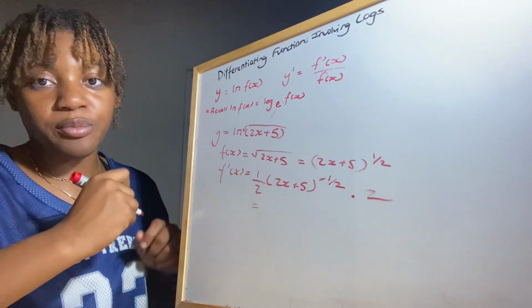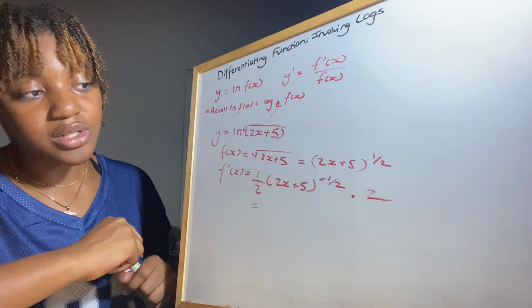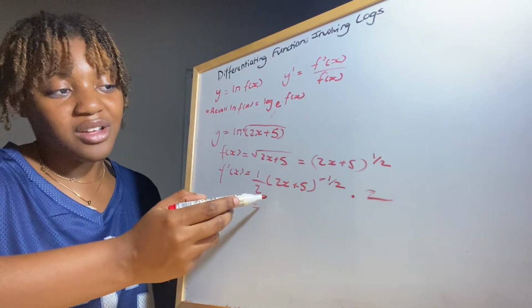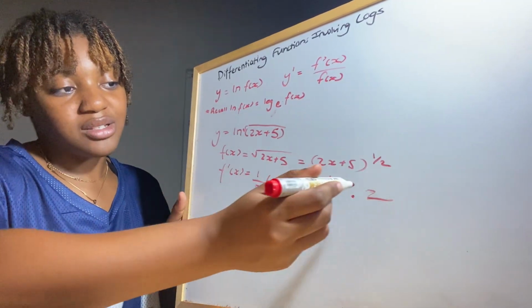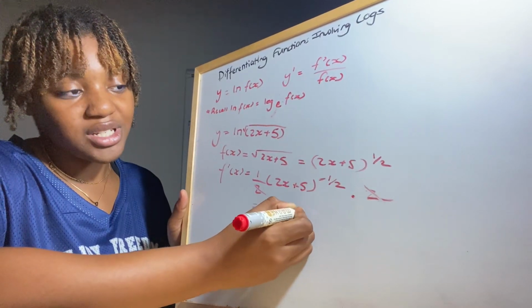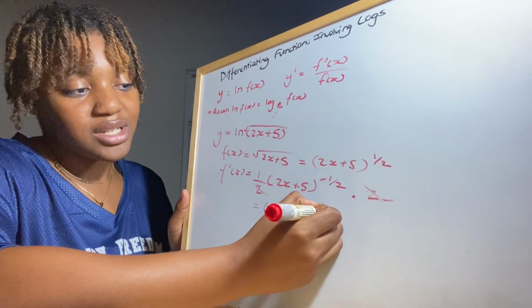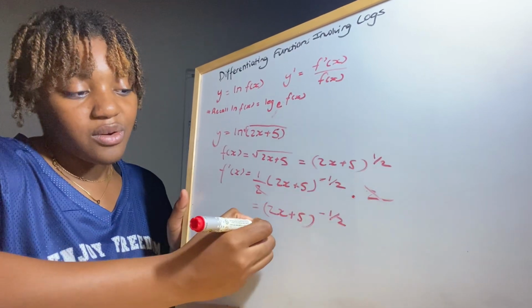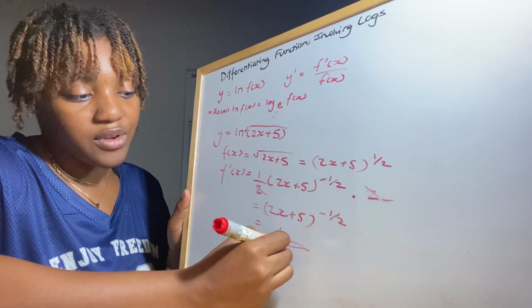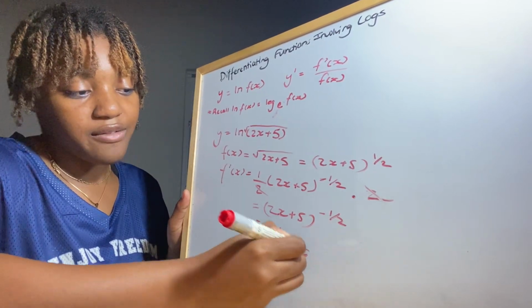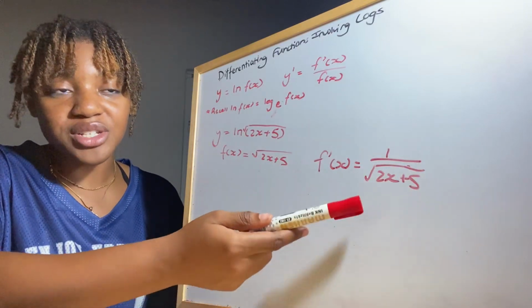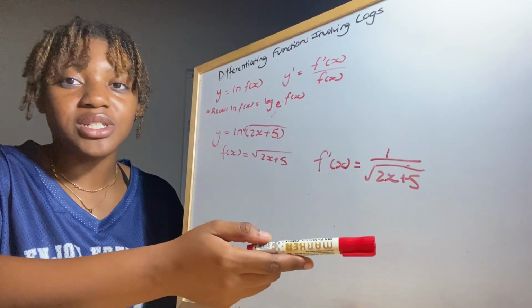Therefore, f prime of x would be equal to half. Since we have a 2 and we have a half here, we can basically cancel out the 2. So we're just going to have (2x + 5) raised to the negative half, which is equal to 1 over the root of 2x + 5. Now that we know our f prime of x, which is 1 over root of 2x + 5,